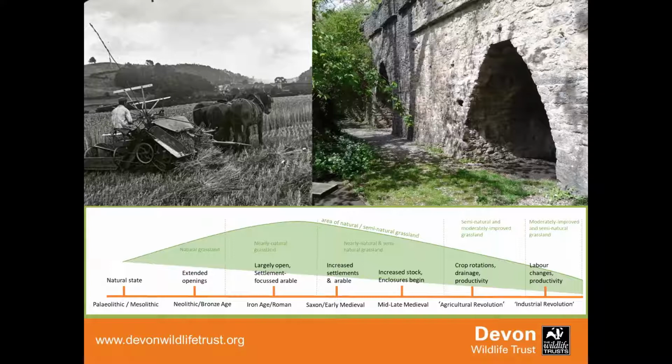Through the Industrial Revolution, obviously, technology takes hold and labour moves away. So we get a big change then in terms of how we manage the landscape and how we manage grasslands. The feudal system is also diminishing, and so there's an appetite for putting in technology, and by technology I don't just mean machines like this, but also the application of different types of fertilizers that can start to go onto ground, leading to very altered grasslands.